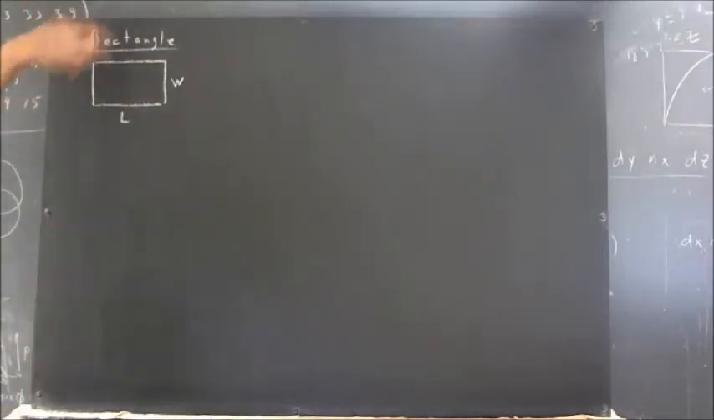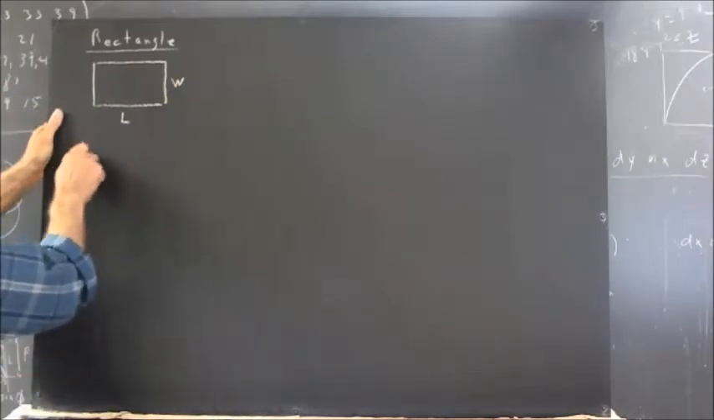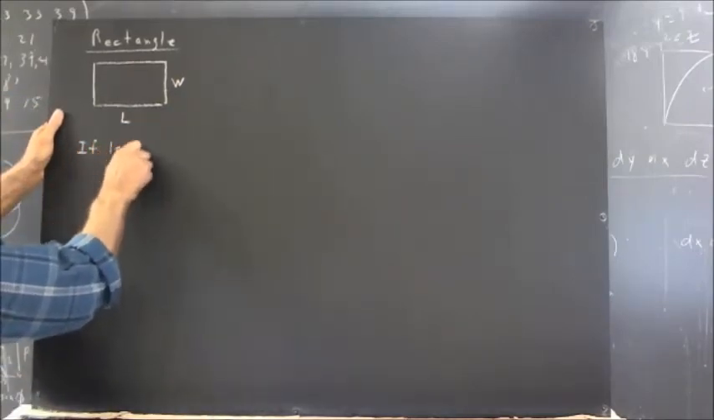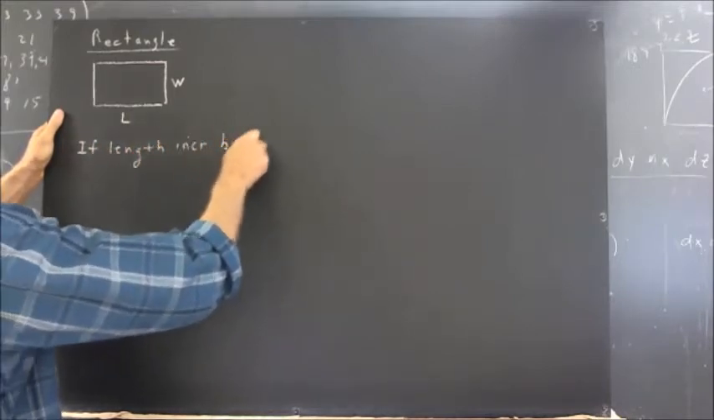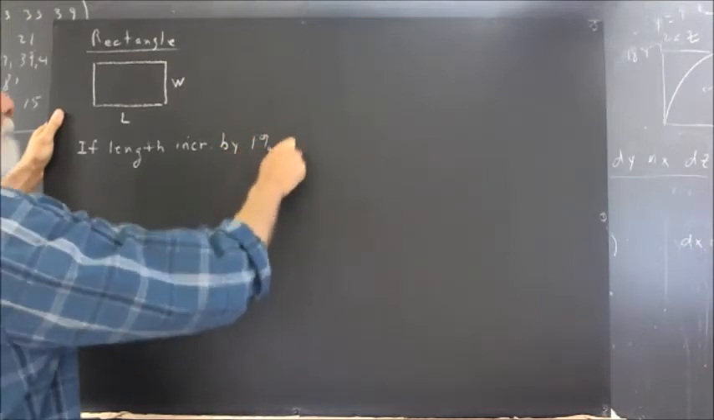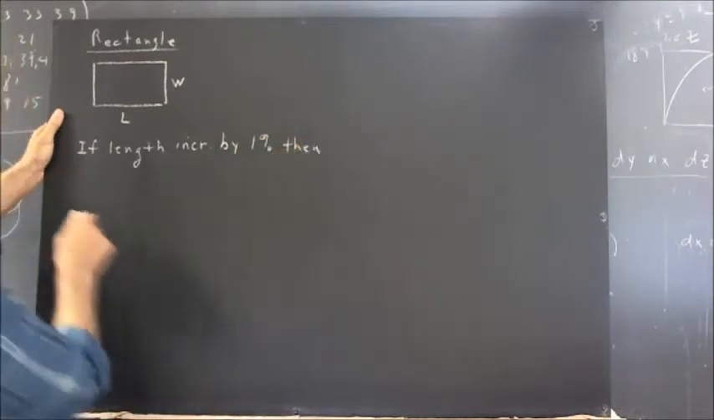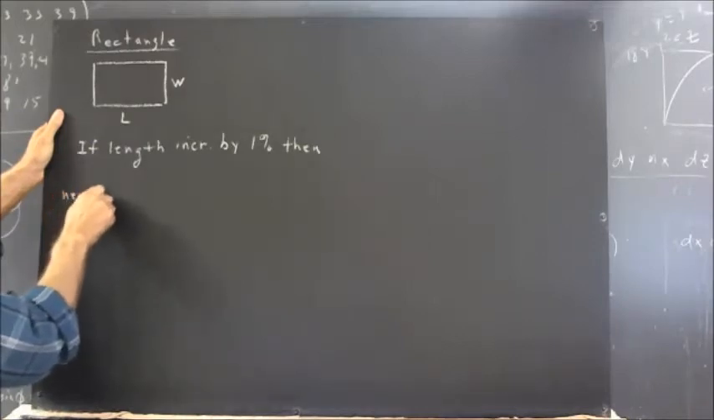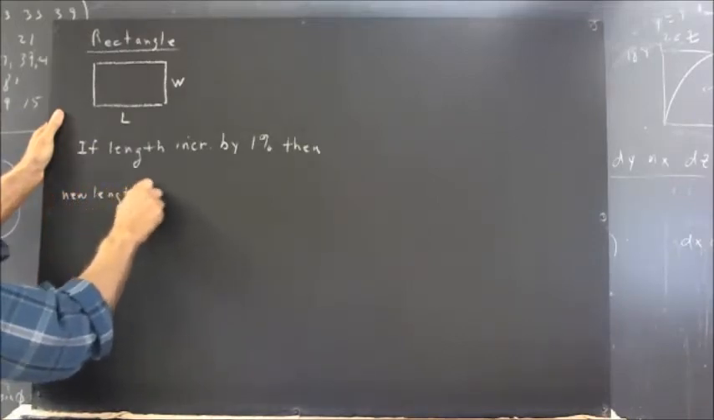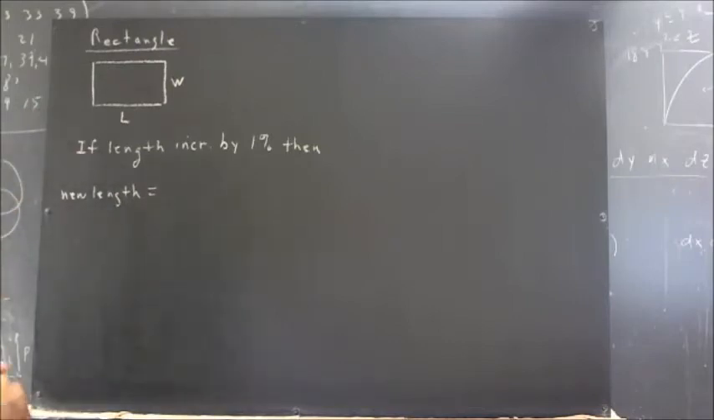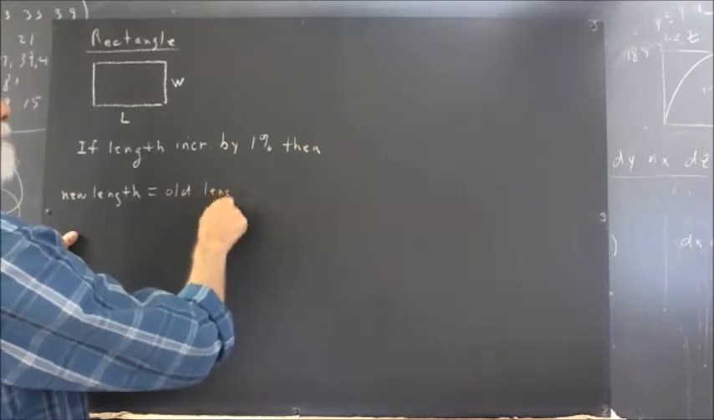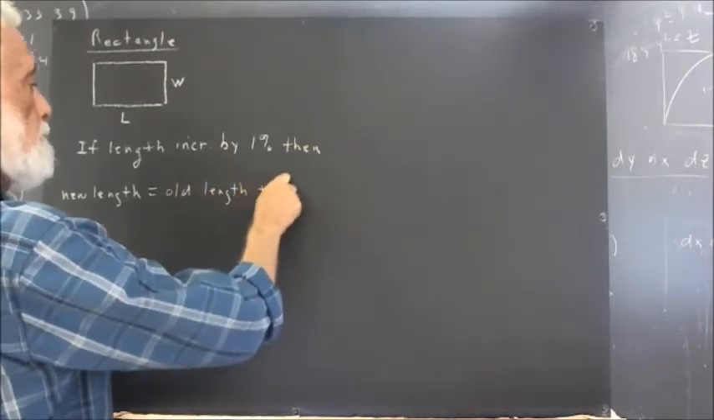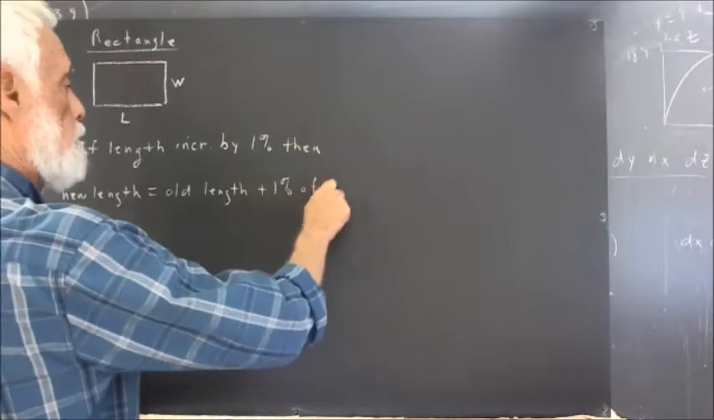Okay, we have a rectangle of length L, width W. If length is increased by 1%, then the new length equals what? Well, it's the old length plus 1% of the old length,